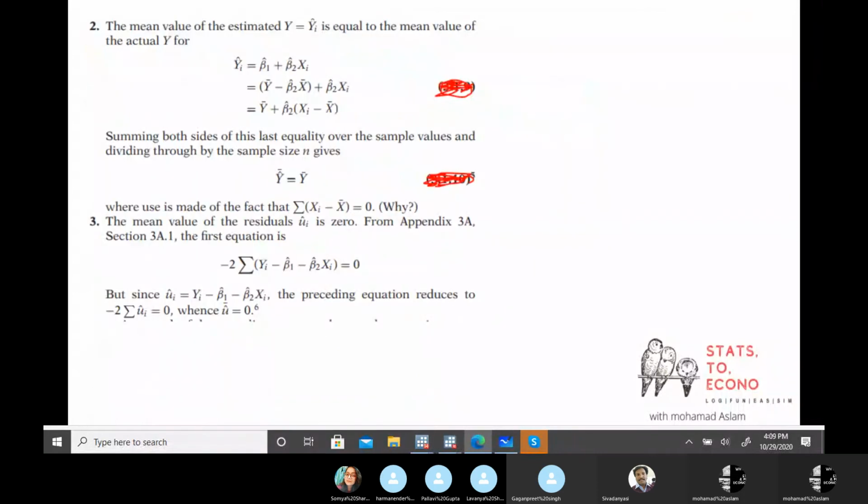Then second, all these properties have theoretical meaning. It's not something mathematical where you can just practice the derivation. No, they have theoretical meanings and implications as well. The second, all this I have taken from the Gujarati textbook, so you can just read that textbook. The mean value of estimated y